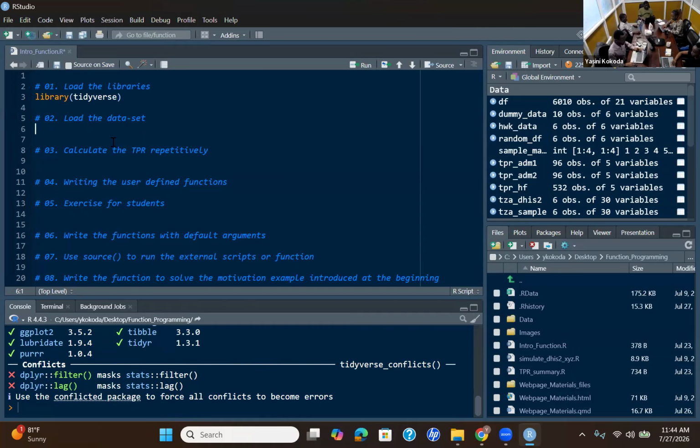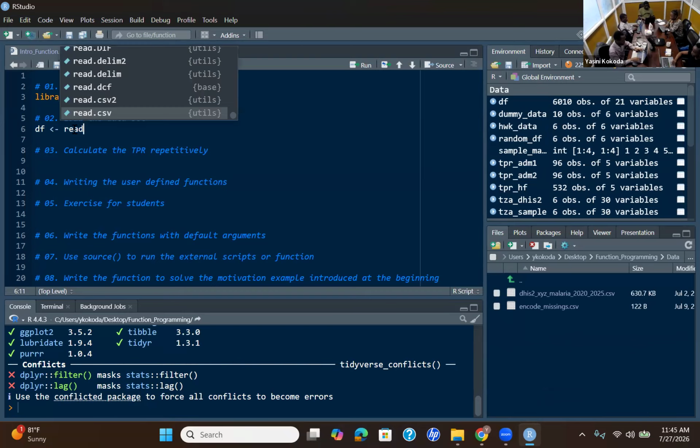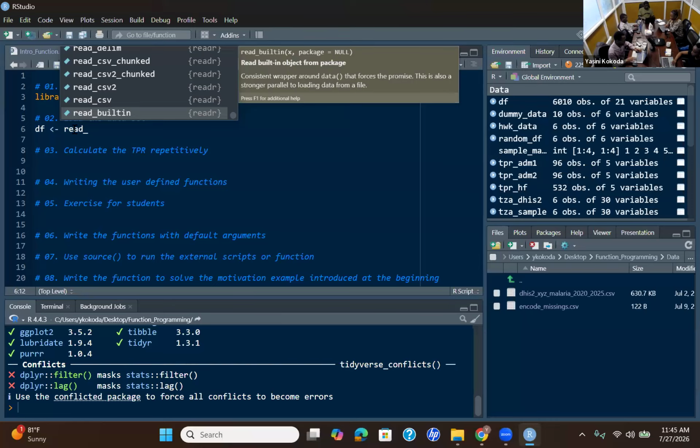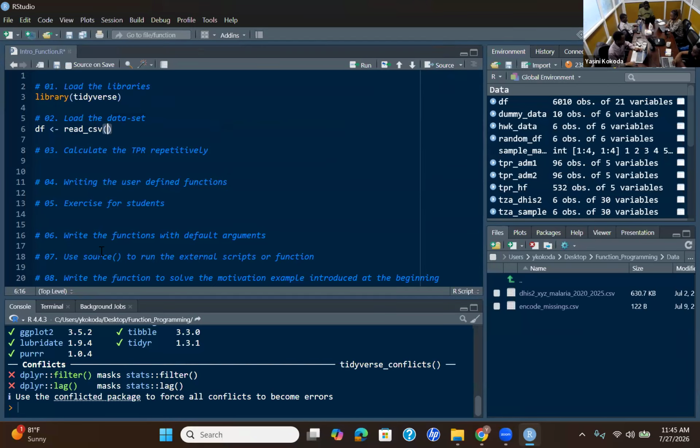We can load the dataset we are going to use, which is stored in the data folder. I'm going to call it df and then use read.csv as a function.